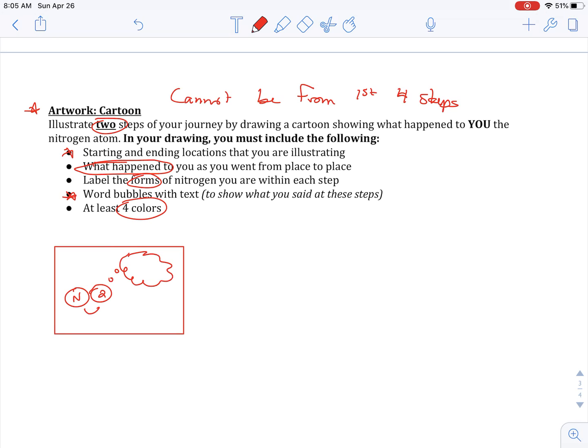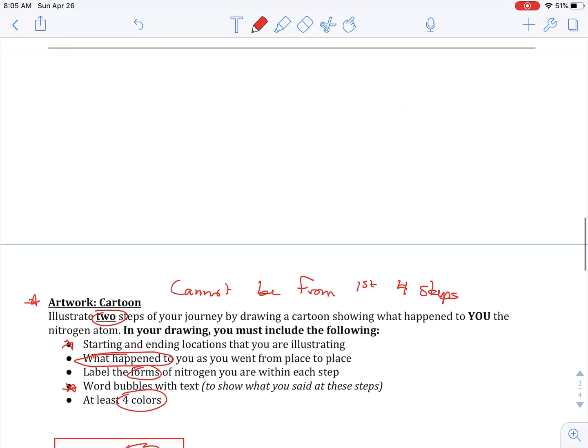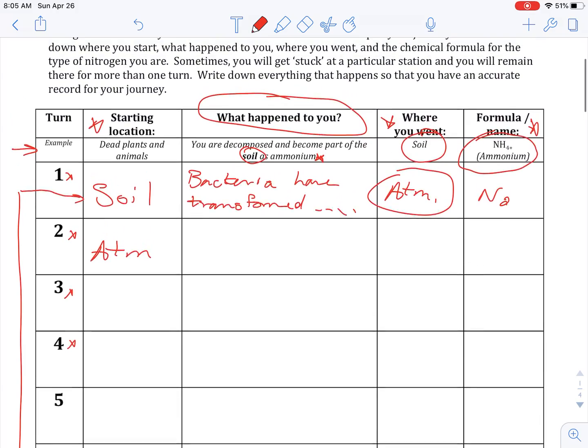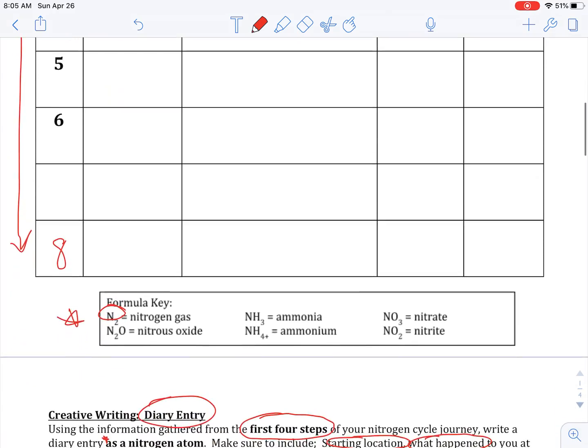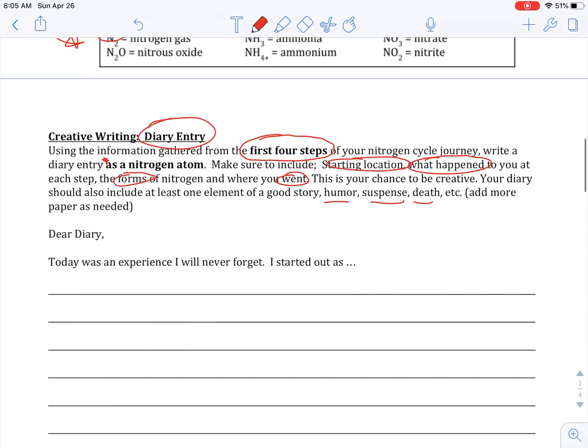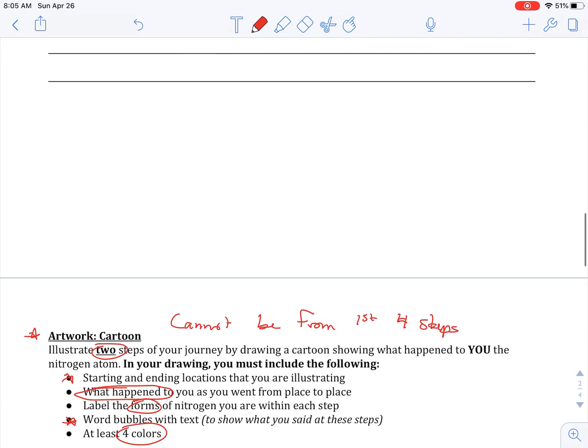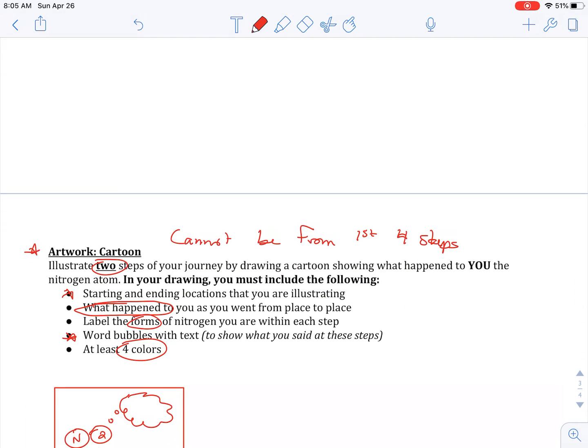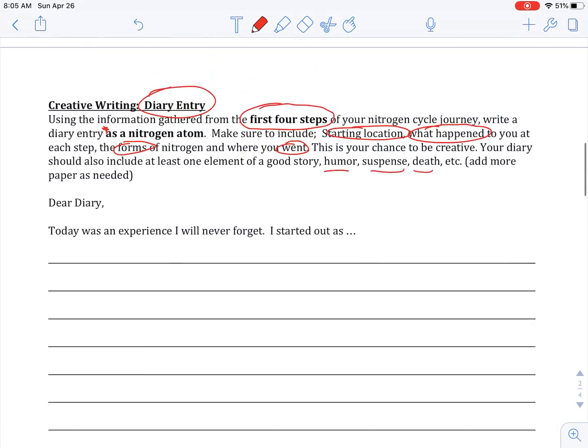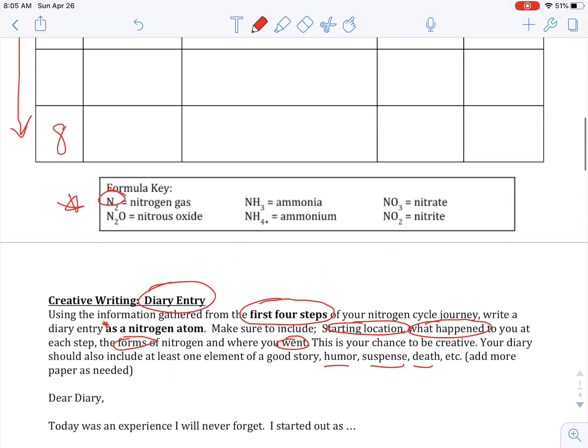So that's the bare bones of this assignment. You go through the game, do all 4 of those steps, or all 8, I should say. You write your diary entry for the first 4, and then you pick out a couple of other ones to do your cartoon. Now, as far as extra credit goes,